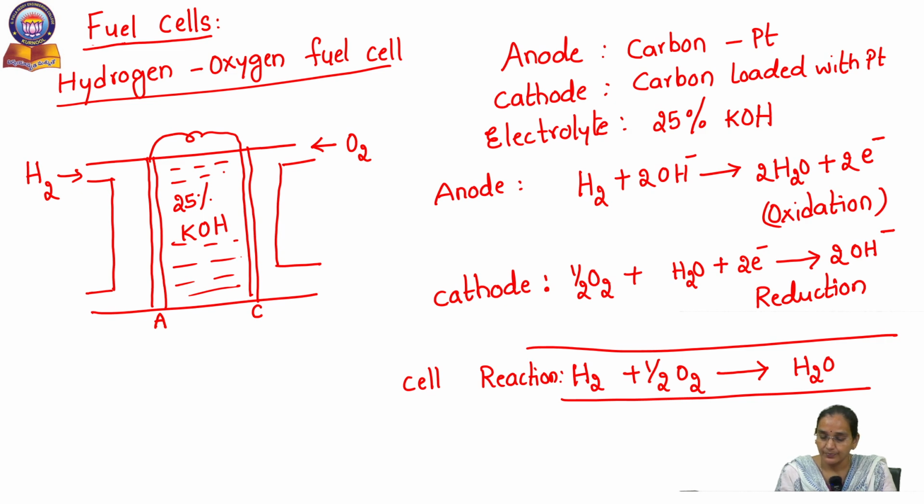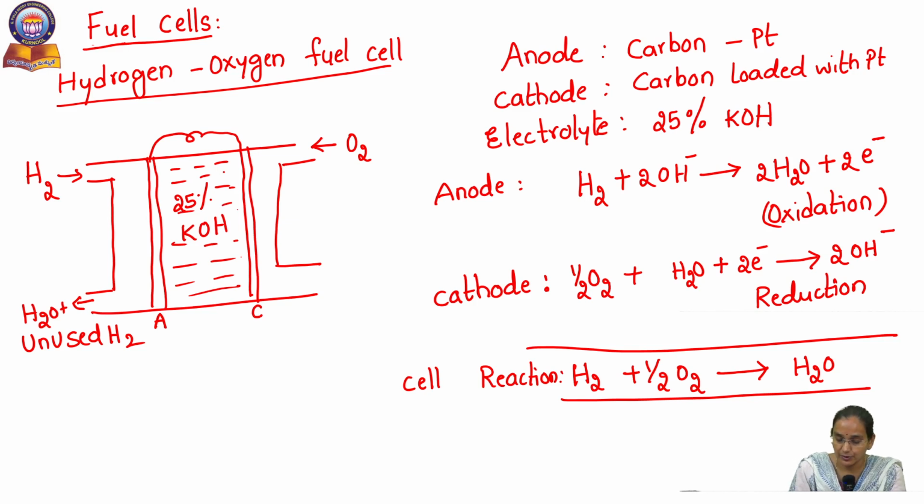Coming to the construction, here carbon loaded with platinum will act as anode and carbon loaded with platinum, same, will act as cathode also, and 25% KOH will act as electrolyte. Coming to the working, at anode hydrogen gas is passed. Here this hydrogen reacts with the hydroxides from the electrolyte and they give water molecule and electrons. These pass towards cathode, and at cathode oxygen gas is passed and this oxygen reacts with the water molecule